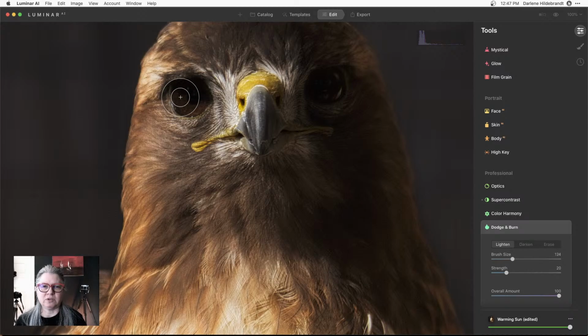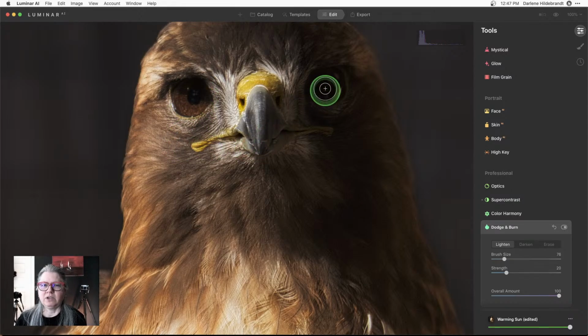Sometimes it shows up on the screencast and sometimes it doesn't. You should be able to see a crosshairs and two circles. I want to make it just small enough to get the iris, and I'm going to paint into the iris and a little bit over on this side. I will generally layer this, so I'm doing it slowly,